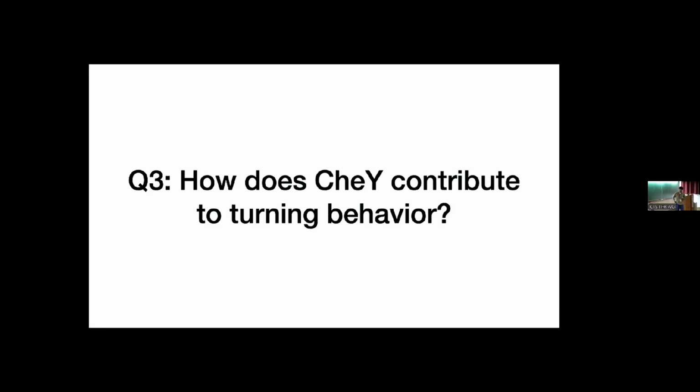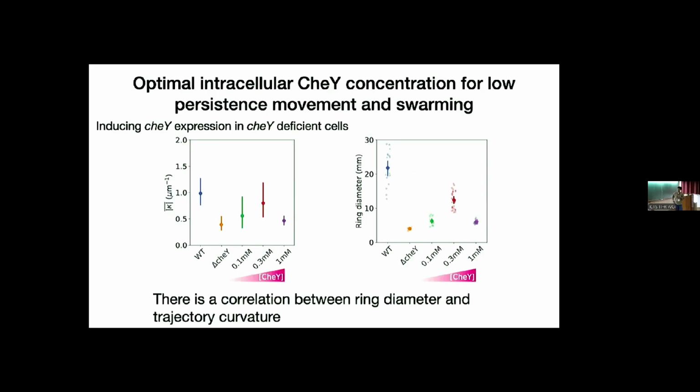Okay, so next we asked how KY contributes to the turning behavior. First, we sought to modulate the intracellular concentration of KY. To this end, we induced KY in the delta KY cell. By changing the inducer concentration, we can change the KY concentration. We checked this in the presence of